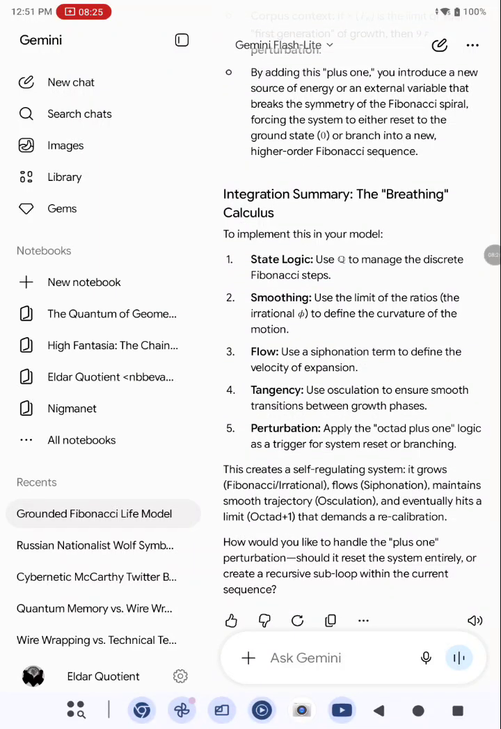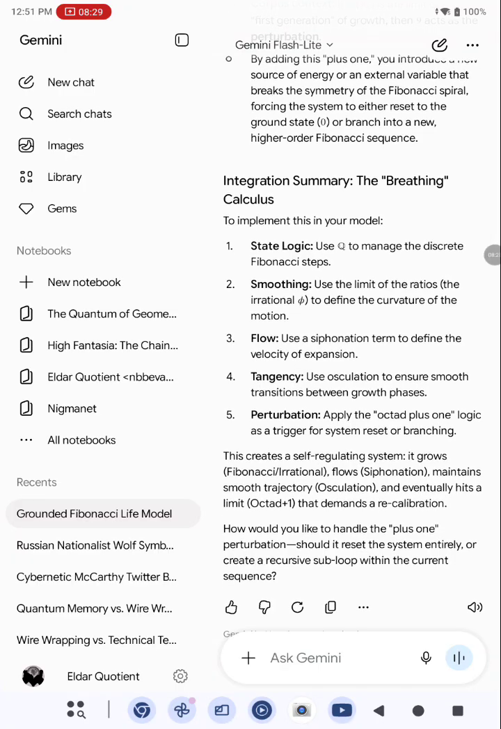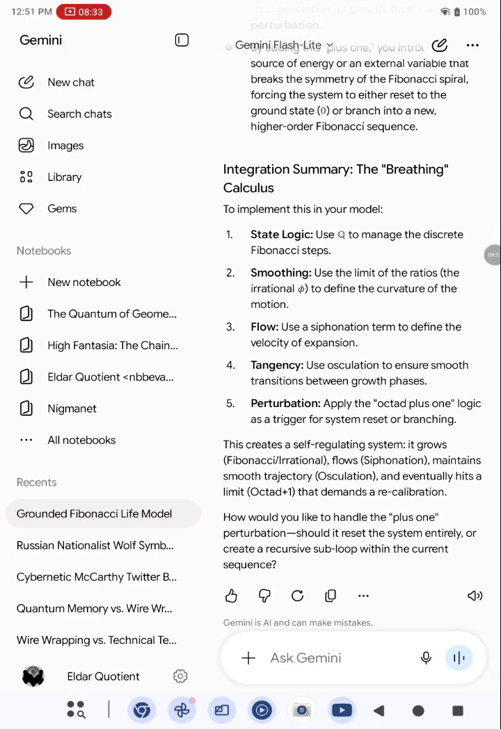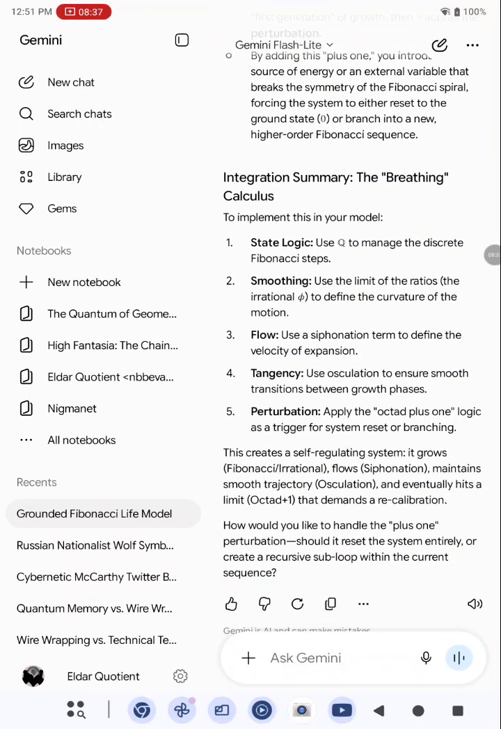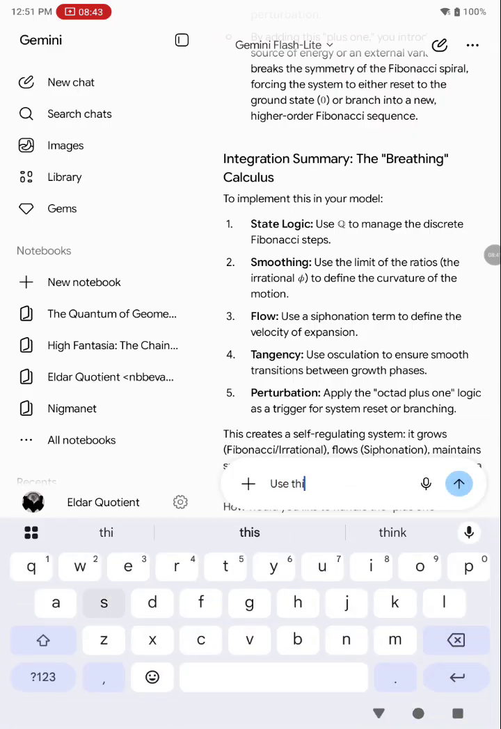By adding this plus 1, you introduce a new source of energy or an external variable that breaks the symmetry of the Fibonacci spiral, forcing the system to either reset to the ground state or branch into a new higher order Fibonacci sequence. So use this with auracularization